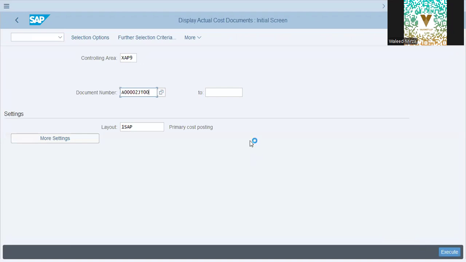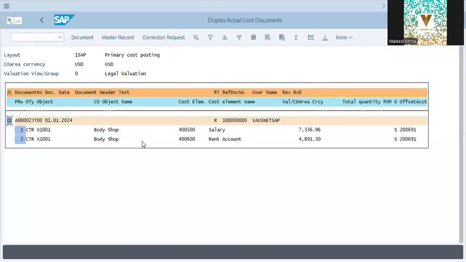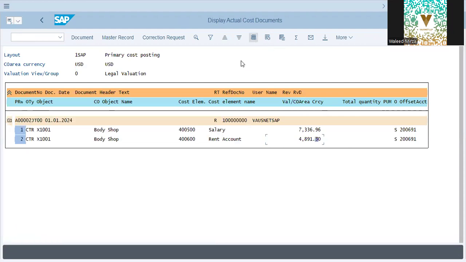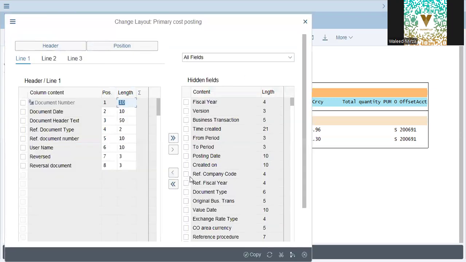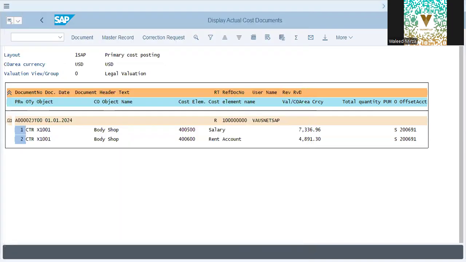Execute. And this actually gives us the amounts in USD. Okay, and we can also select the layout. Our layout is different again, and let's just not get into this because it's already getting late. Okay. Next is